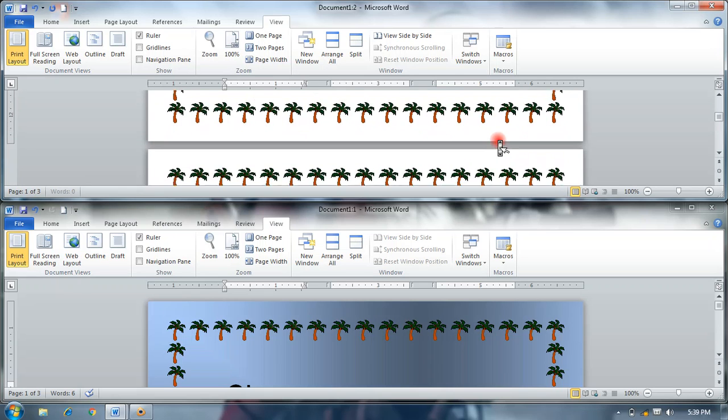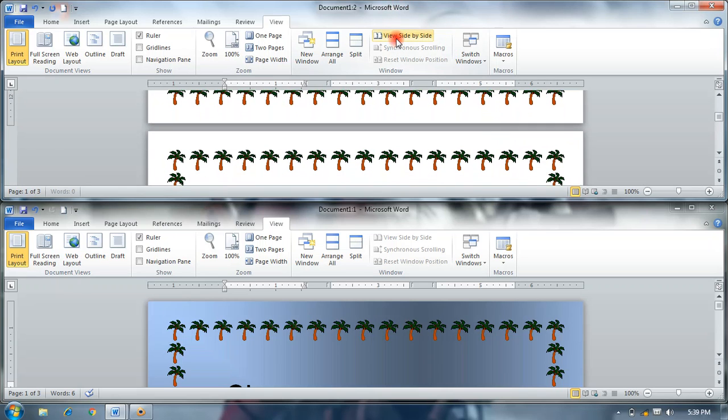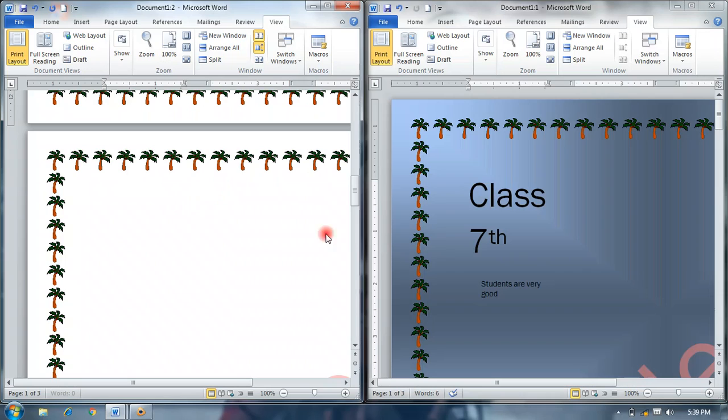Okay, or view side by side like that. You can view side by side. Switch window. We can jump from one document to another document. Okay, like that.